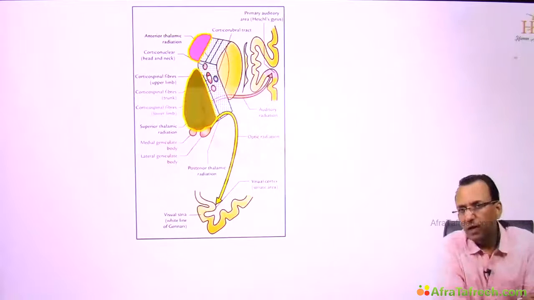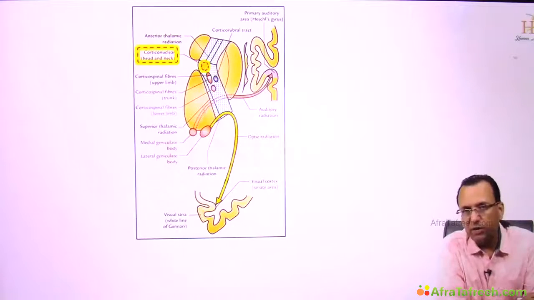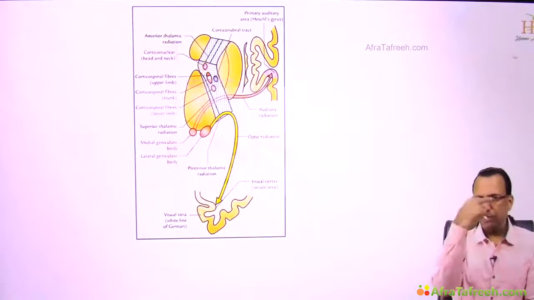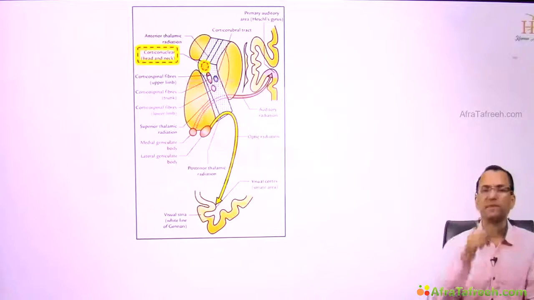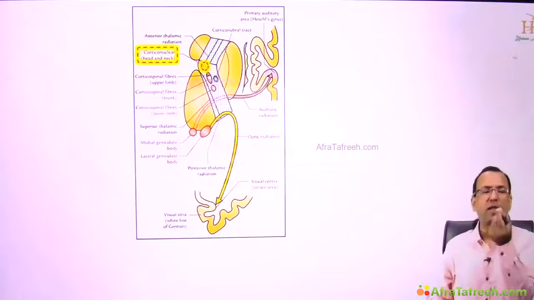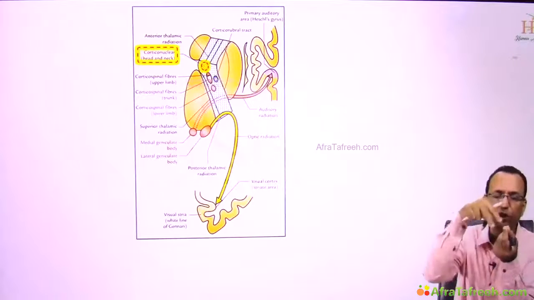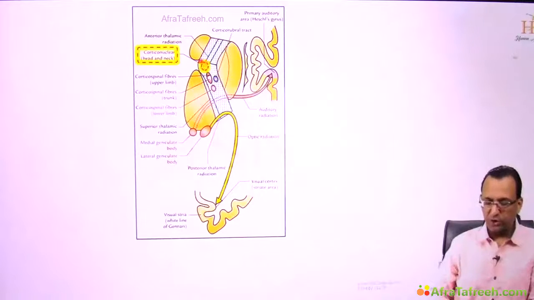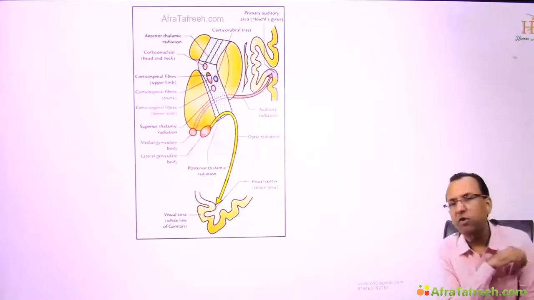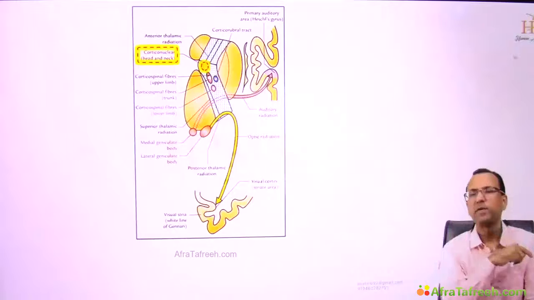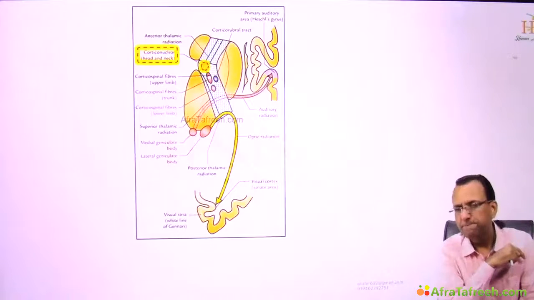As you say so, you will find that the corticonuclear tract, which is passing through the genu of the internal capsule, is a part of the pyramidal system and moves the face muscles like the eye muscles. You remember we were putting a thread into a needle. To put the thread into the needle, you have to look at the eye of the needle, and you move your eyes using the corticonuclear tract. You mean to say the corticonuclear tract controls the head muscles like the eye muscles, and the fibers of the pyramidal system pass through the genu? Yes.